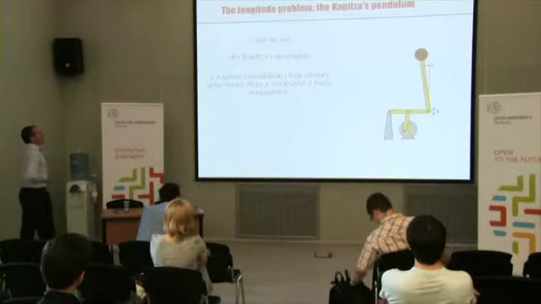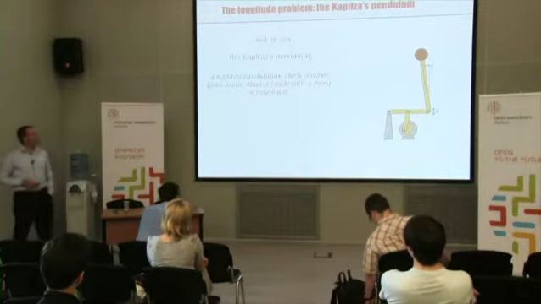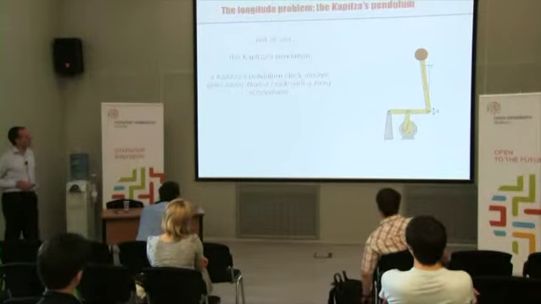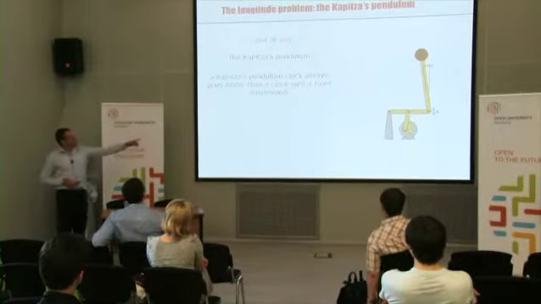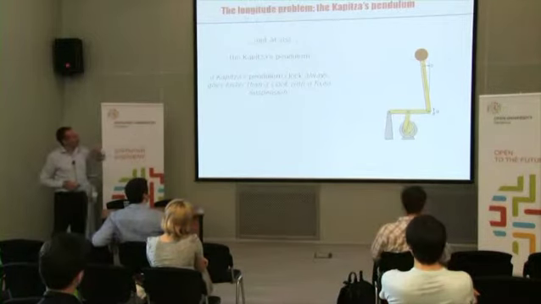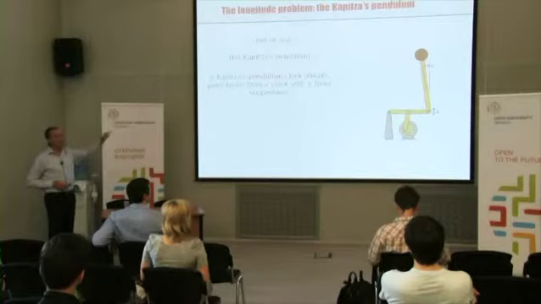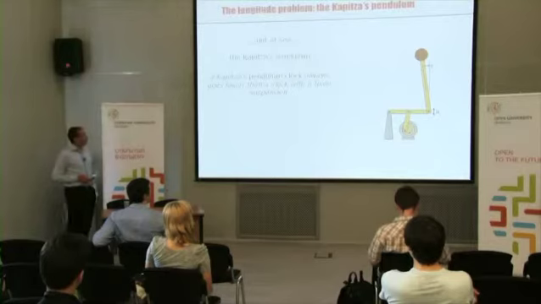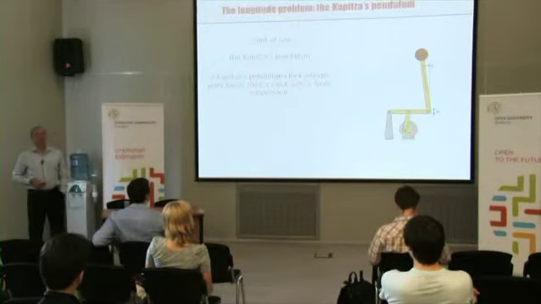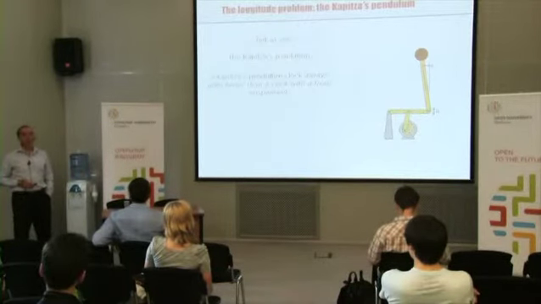Now, this type of pendulum has actually been studied by a Russian Nobel Prize winner, Kapitsa. He got a Nobel Prize not for work on mechanical systems, but for superconductivity. And then he studied this particular pendulum, which is a vertically forced pendulum. You see, you have oscillation along the vertical, and then with the wheels that is just below, you can push it up and down. And so you can observe the type of strange behavior that we have seen. And now, a Kapitsa's pendulum clock is always faster than a clock with a fixed suspension. Okay, so this is a faster clock,